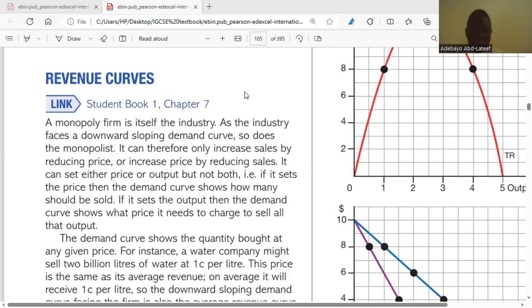So if it sets the price, then the demand curve shows how many should be sold. So if a monopolist is setting the price, it means it's determining the quantity of output that will be sold. And if it sets the output, then the demand curve shows what price it needs to charge to sell all the output. So it is this way. If you as a monopoly set the price, what happens when you set the price? It means the demand curve will show